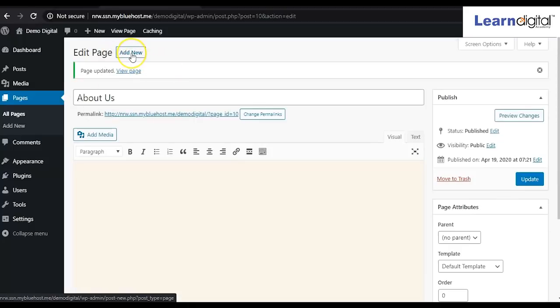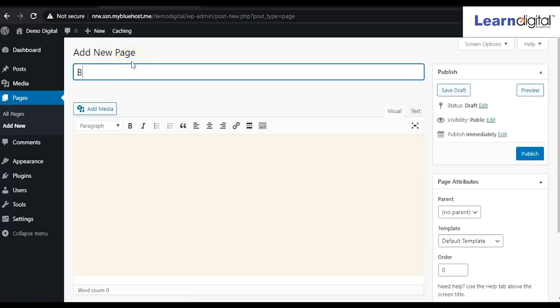Now we'll be adding two more pages, like blog and contact us. So I'm going to create the blog page. Simply I will click on publish and then update.